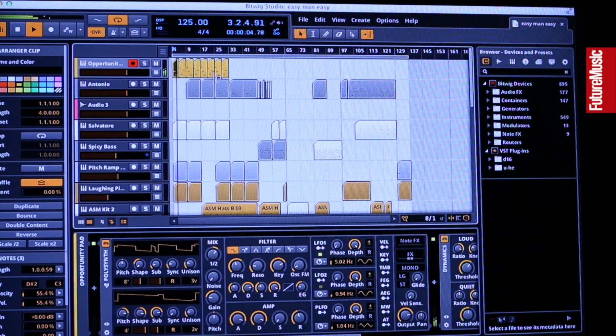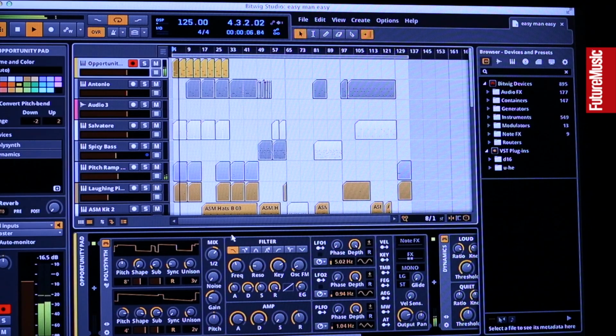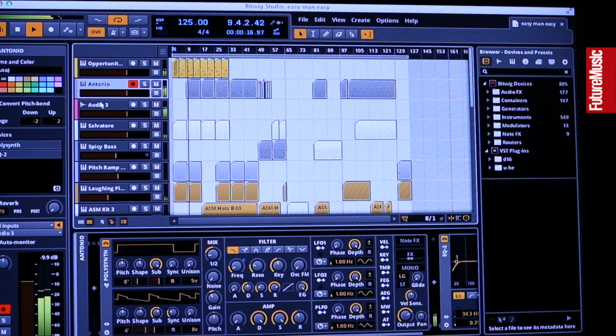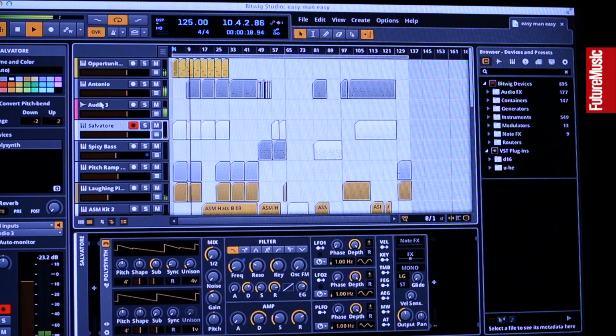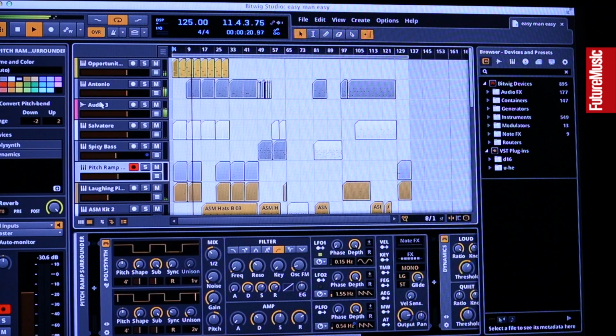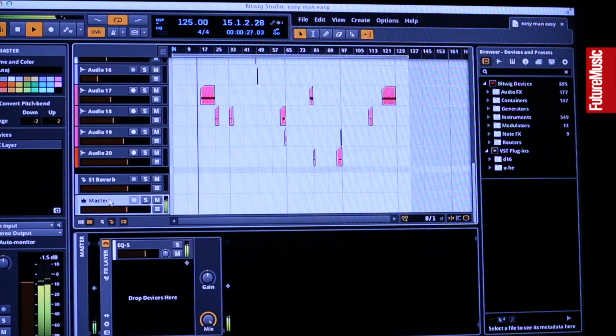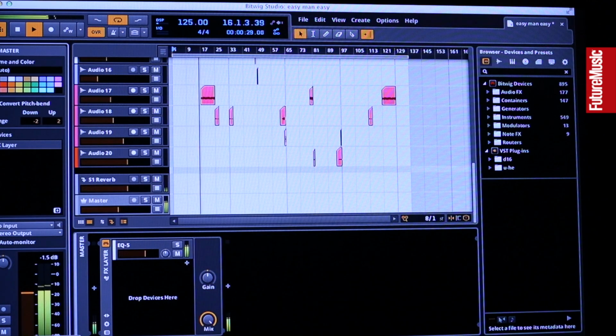What you can see now is the arrangement is playing, the first track is selected, and you can see the device chain down there. Those are the Bitwig devices. You can also put VSTs into the same chain, and navigating tracks is as easy as that. You can see what you're working on. As soon as you select something, it will show up in the inspector. For example, let's use the master track to put the volume down a bit.